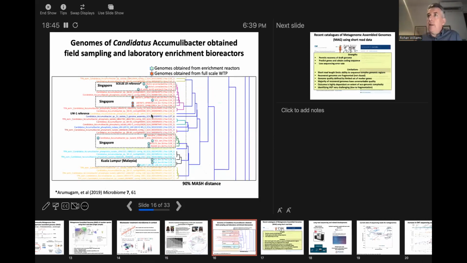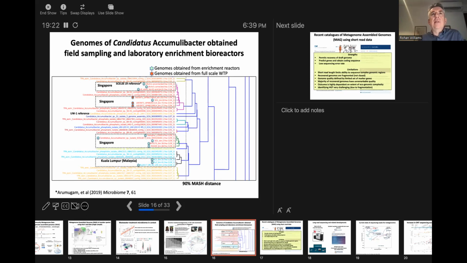And we can do other kinds of analyses with this. We can of course pick off individual species. That phylogenetic analysis lets us do that. And here, for example, we're comparing different genomes of a species in a genus called Candidatus Accumulibacter. And this is a key species for the preferential accumulation of phosphate from wastewater streams, which is an important chemical to remove, but also an important chemical to potentially recover, because phosphate mining is becoming increasingly difficult.